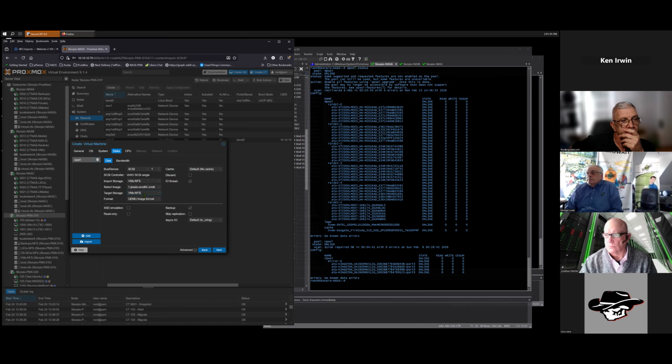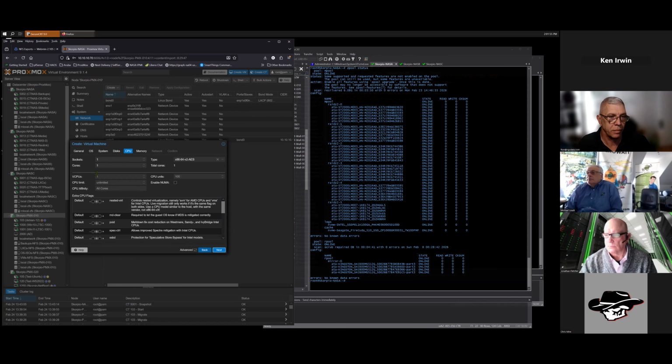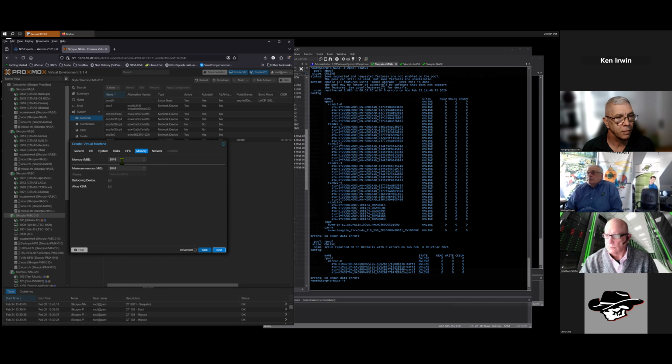Also, store this on that same storage array. Go through. We'll give it 2 cores. Give it 2 RAM.